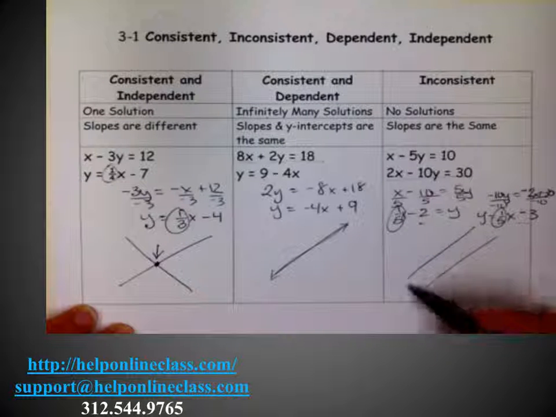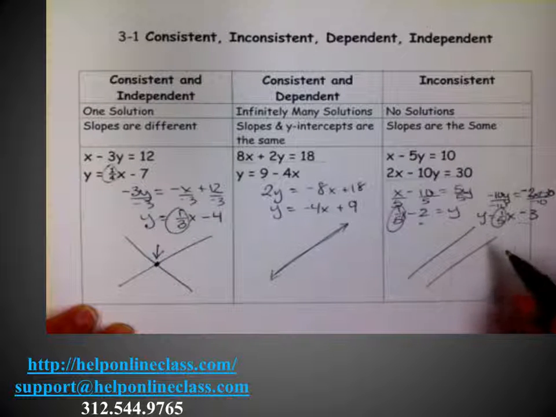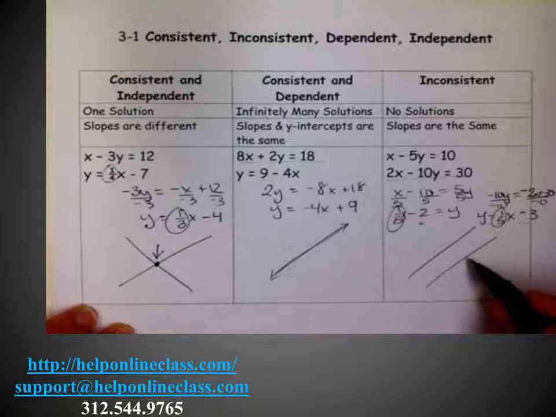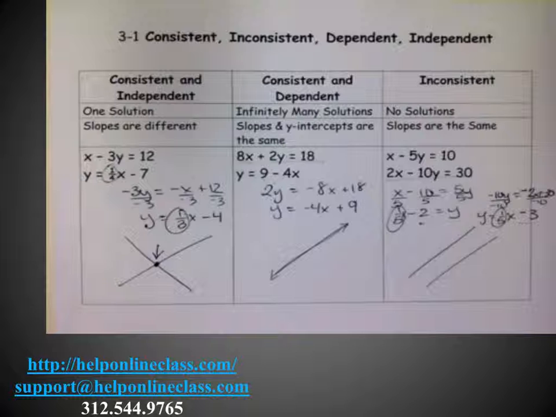That means they're going to rise at the same rate. So they have the same slope. They're going up at the same rate. They'll never intersect. So this is why this system doesn't have any solutions. Because remember, the solution of a system is where the two graphs intersect. So we call this inconsistent. So hopefully that helps you figure out what